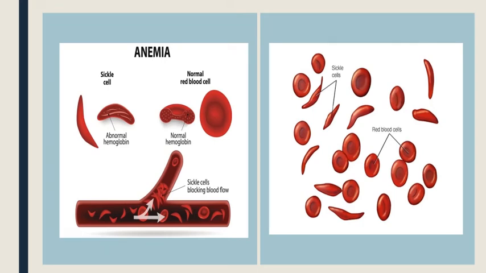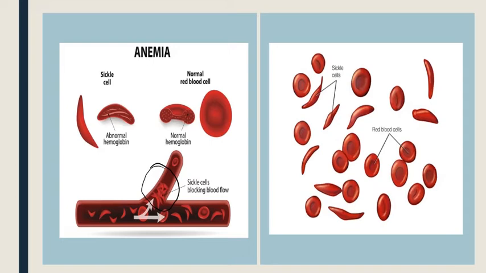Now you can see they are not able to flow properly, and so they accumulate or they clog together, and they cause blocking of the blood flow in the arteries. So proper supply of blood is not given to all important organs if a person is suffering from sickle cell anemia. Now if it is a sickle shape RBC, there is less hemoglobin, and if there is less hemoglobin, less supply of oxygen will take place to important vital organs, and it leads to hypoxia condition. It leads to anemia also because less hemoglobin.